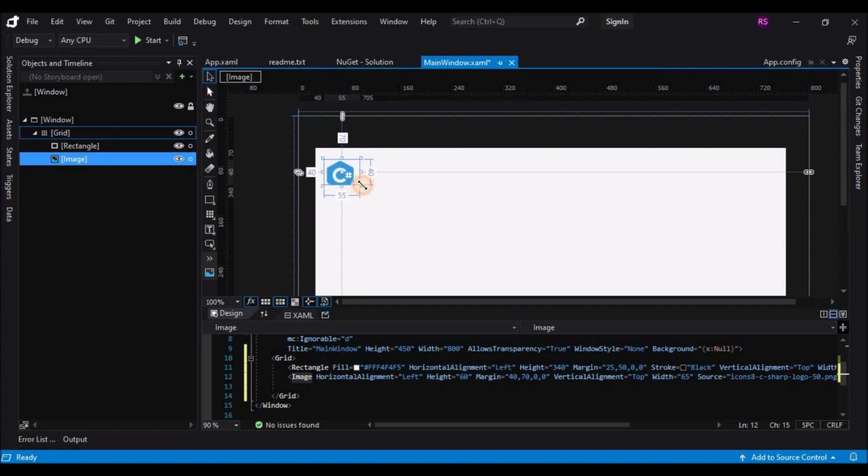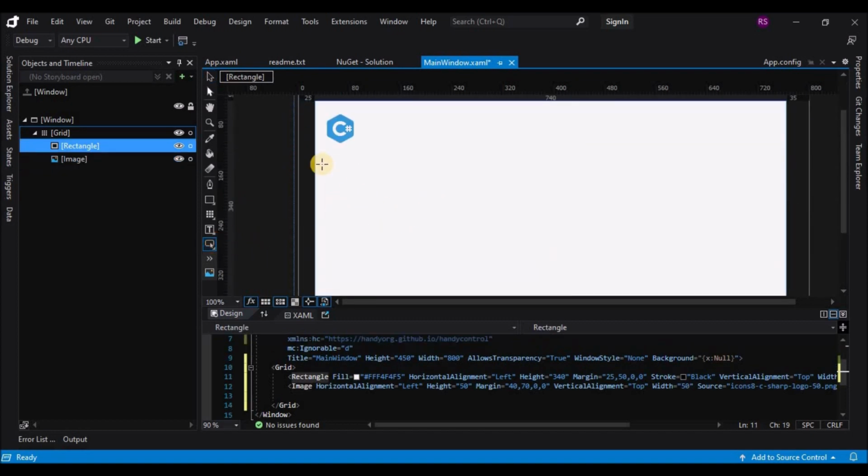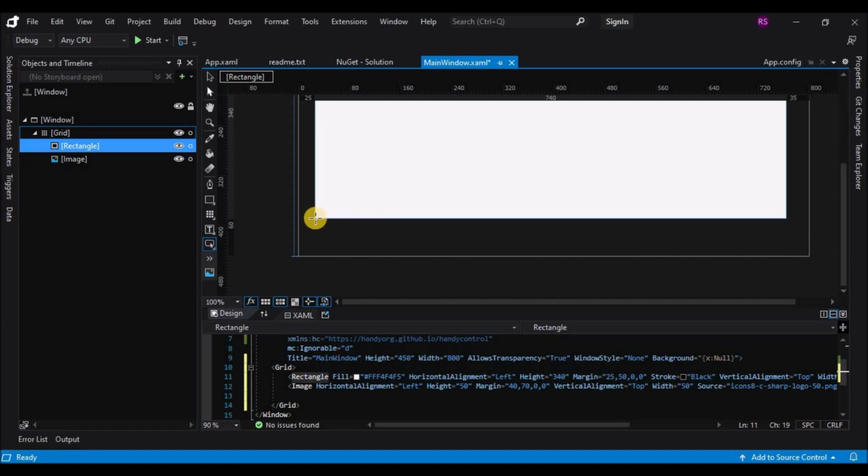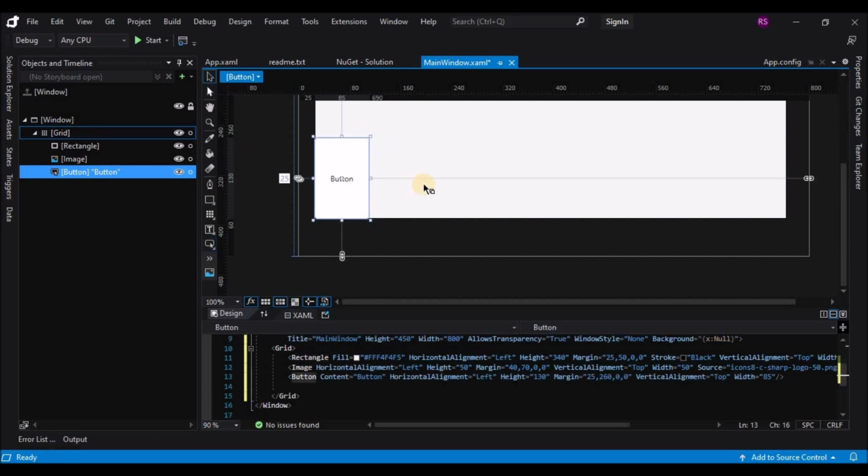Now that I have resized and changed the fill, next I have to add the buttons. So let's add two buttons. Let's start with the first one. So let's draw a button on the bottom left corner